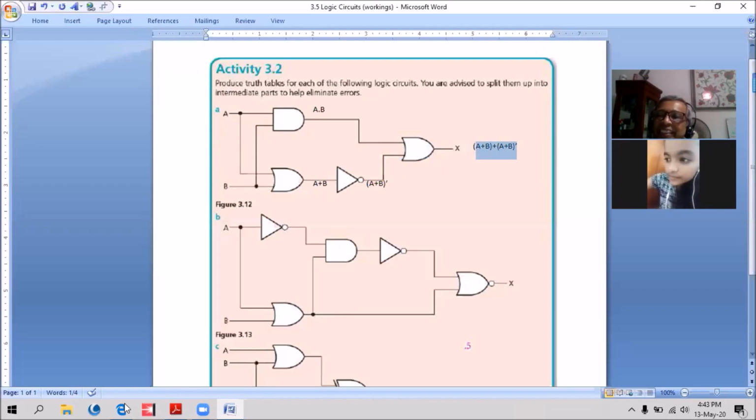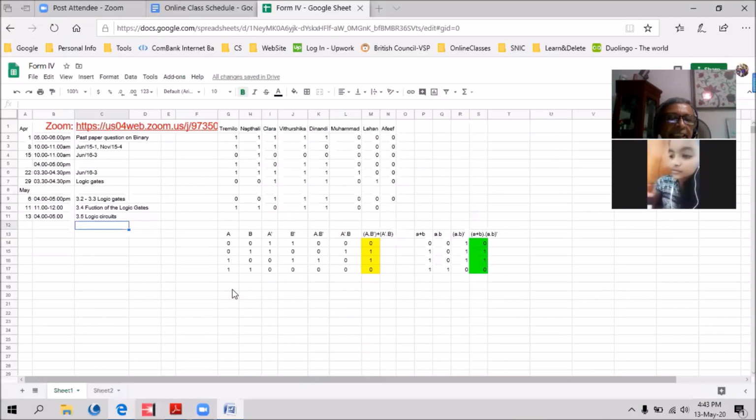Would you like to share the screen? Or you can go to the Google Sheet. I will put the headings, otherwise it will take time. It's a little slow.